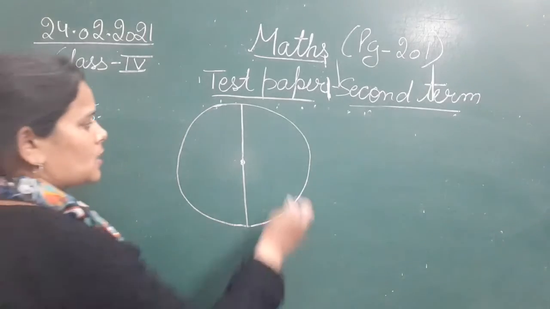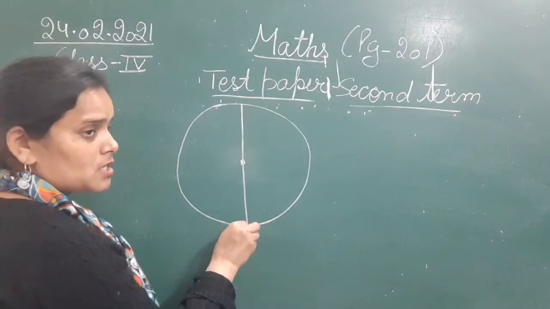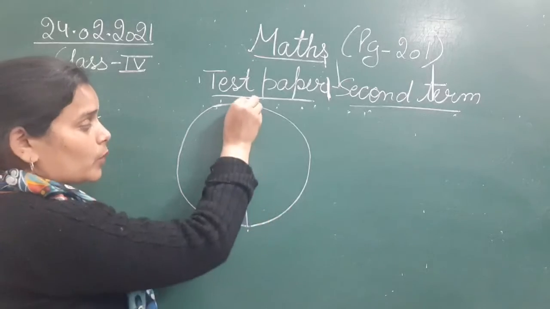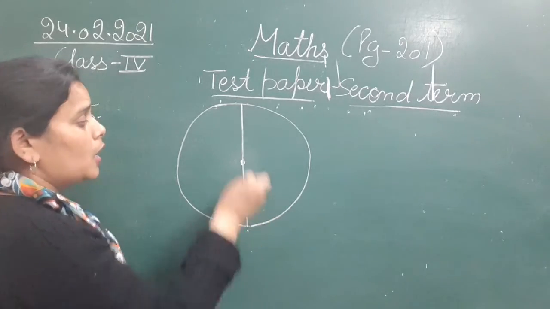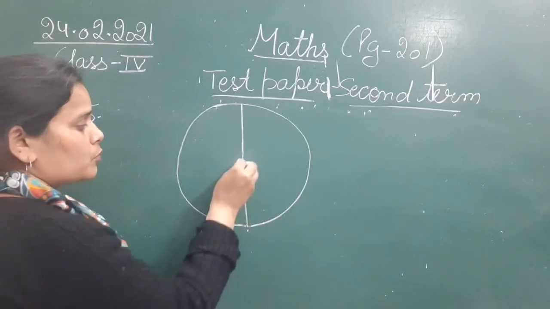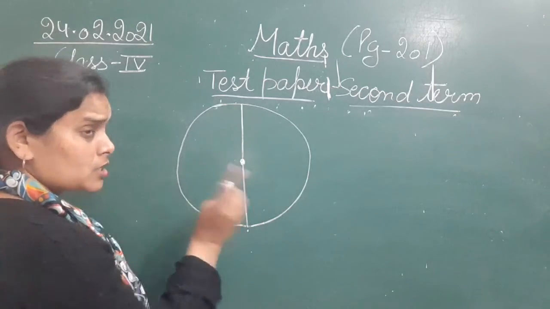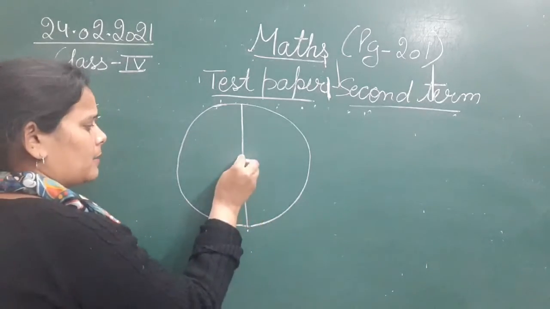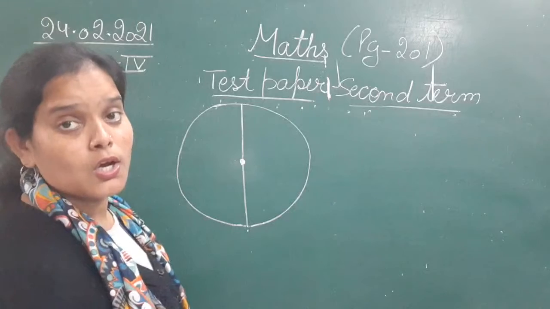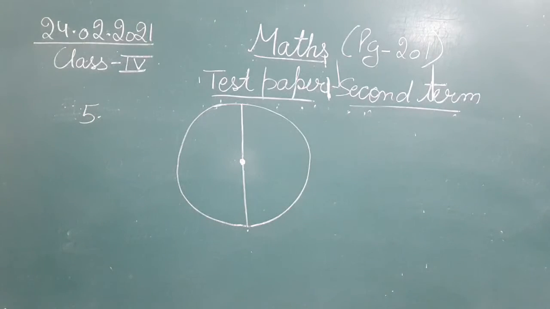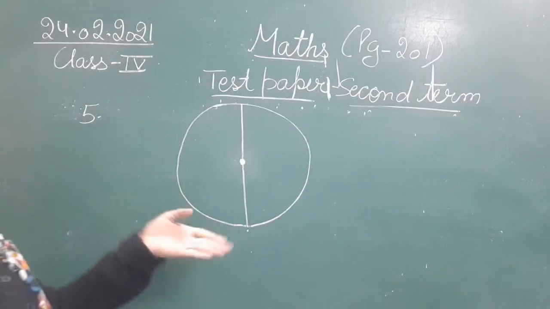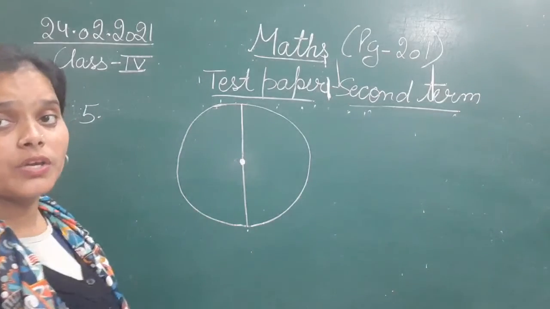So that means from one point to the other point of a circle, when a line passes from it, at that time it is passing through its center as well, तो उसके सेंटर से भी पास होनी चाहिए. Now the question is that how many diameters can be drawn in a circle? एक सर्कल में कितने diameters ड्रॉ किए जा सकते हैं?